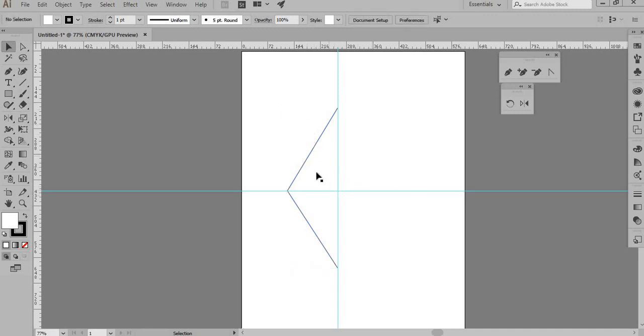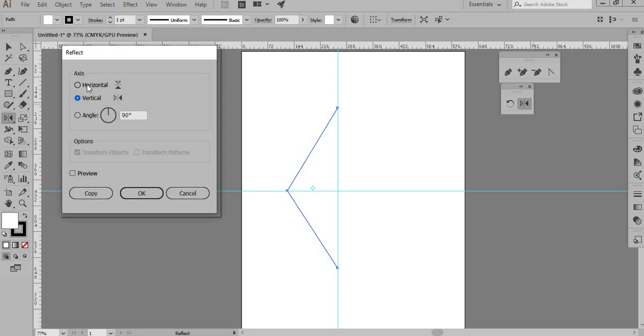So let's say I take this rhombus and I double click on my reflect key. Now here what we have is a box and the axis says horizontal and vertical. Now remember, while making flats and illustrations, we tend to use more vertical than horizontal, so it's always vertical. And just remember that the angle always has to be at 90 degrees. Now if I see the preview, this is how it works, it's moving around its axis.